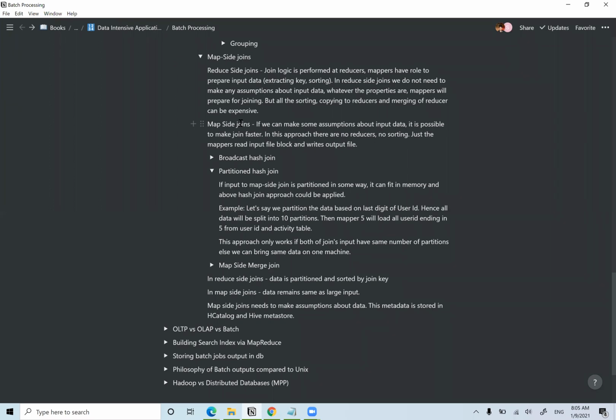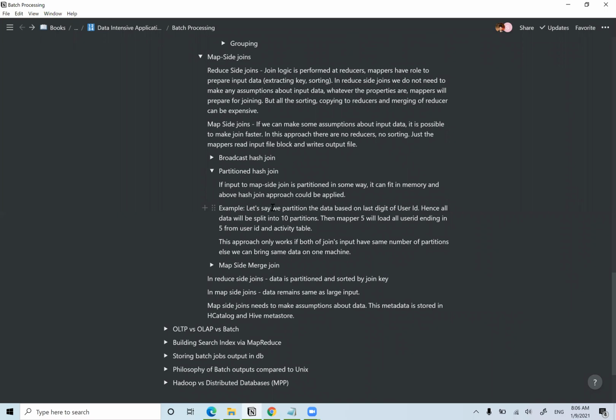The use case is that your data should be sorted. So if your data is sorted, you partition your data onto multiple machines. Let's say in case of the user ID example, you can partition the data by the last digit of user ID. This way your data will be partitioned onto a total of 10 machines, right? And so now, because the data is sorted,